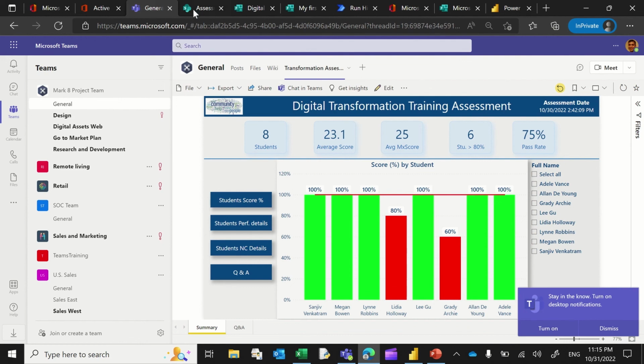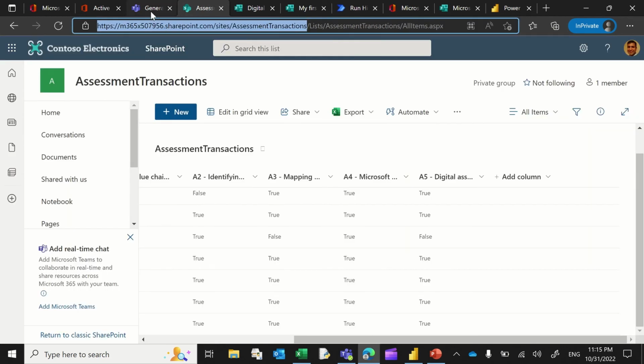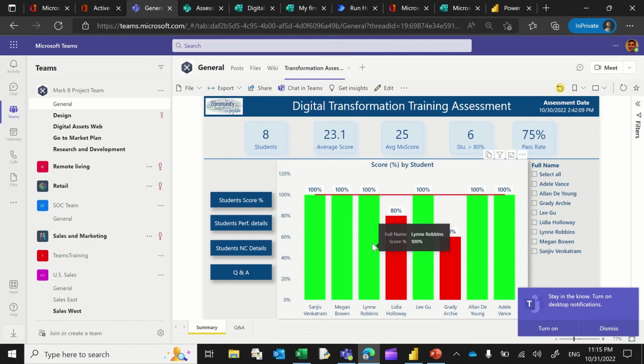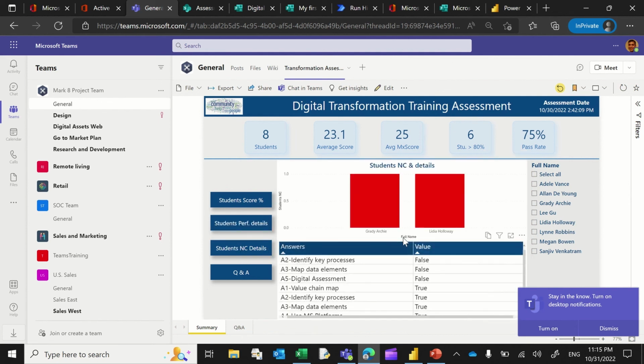And then once the course is done and the assessment is done, the Power BI here will tell you, hey, how many of them have actually cleared the course, who are the ones who are not. And then if you want to do any kind of recovery with those folks, exactly, if I go to these, not competent, let us say, that's what people here in this part of the world say. So if I click on this Grady's,